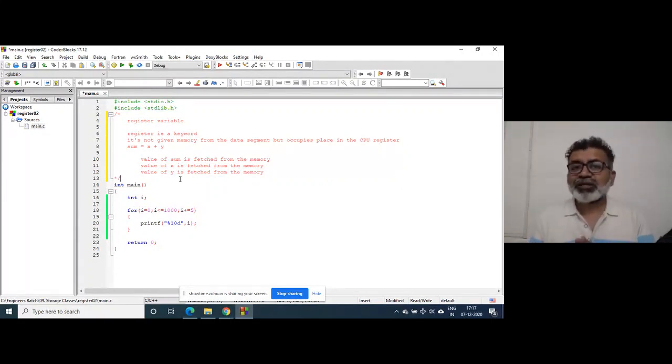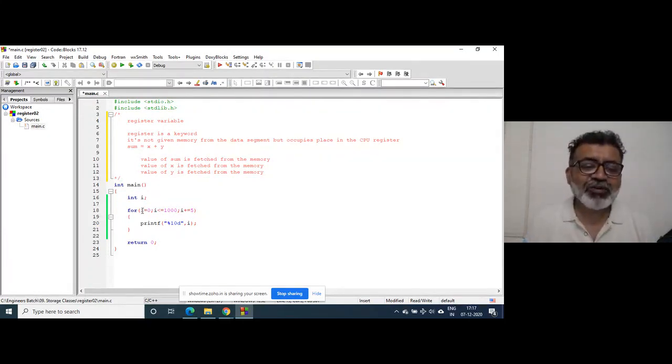Dennis Ritchie thought: why not let the programmer get memory inside the CPU registers for a variable, if a particular variable is getting accessed again and again?